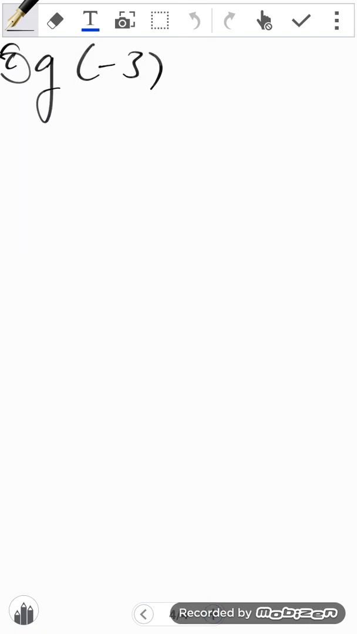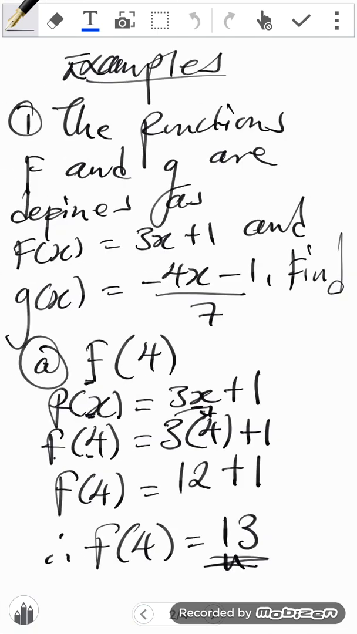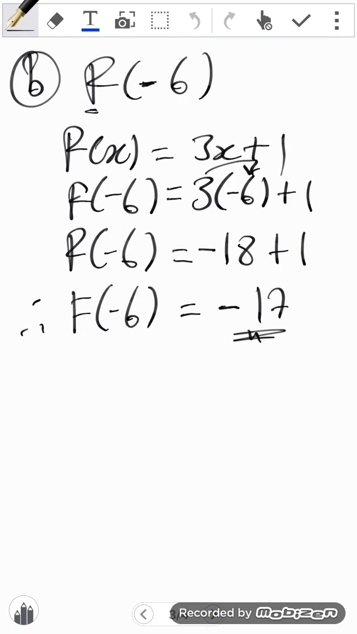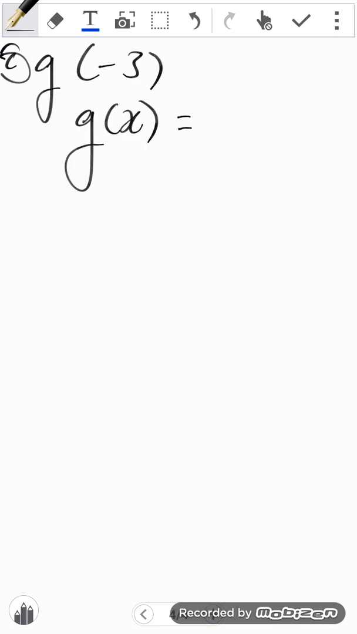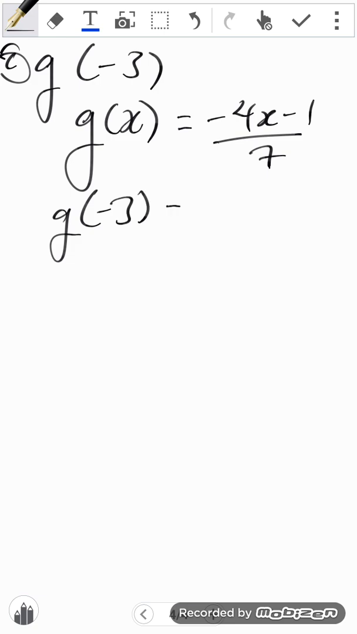So you're going to write the function that begins with g, which is g of x. Okay? So g of x is equal to -4x minus 1 over 7. Then from there, where there's x in g of x, you'll be plugging in negative 3. So you're going to say g of -3 is therefore equal to -4, open brackets, -3, close, minus